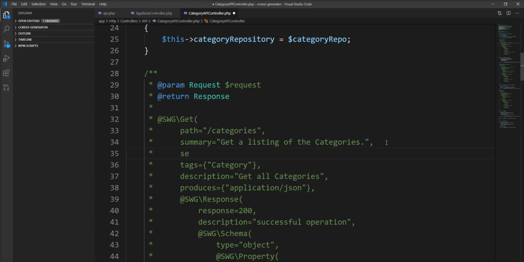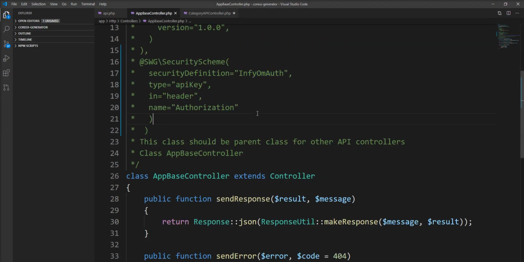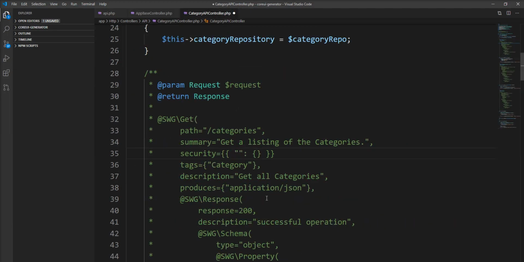We need to specify the definition here and specify an empty object. We declared the InfyomAuth definition in the Swagger annotation. We need to specify that definition in the security block here.